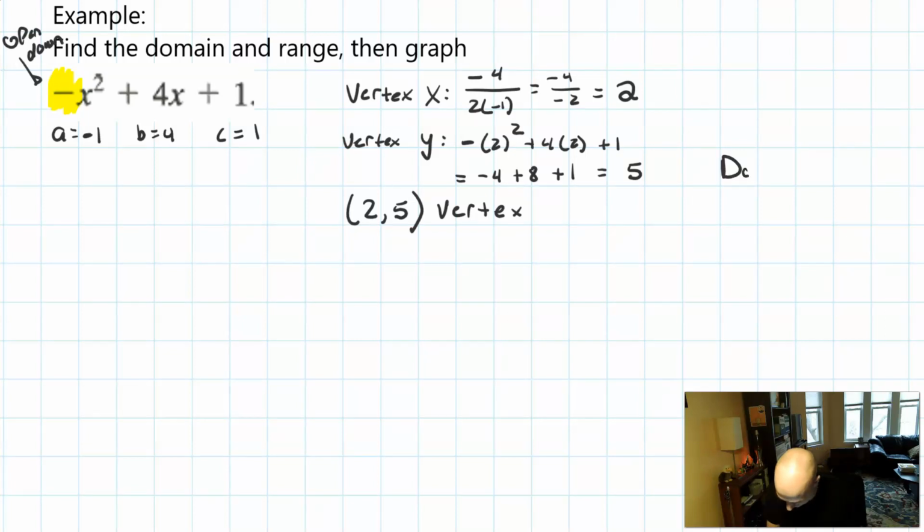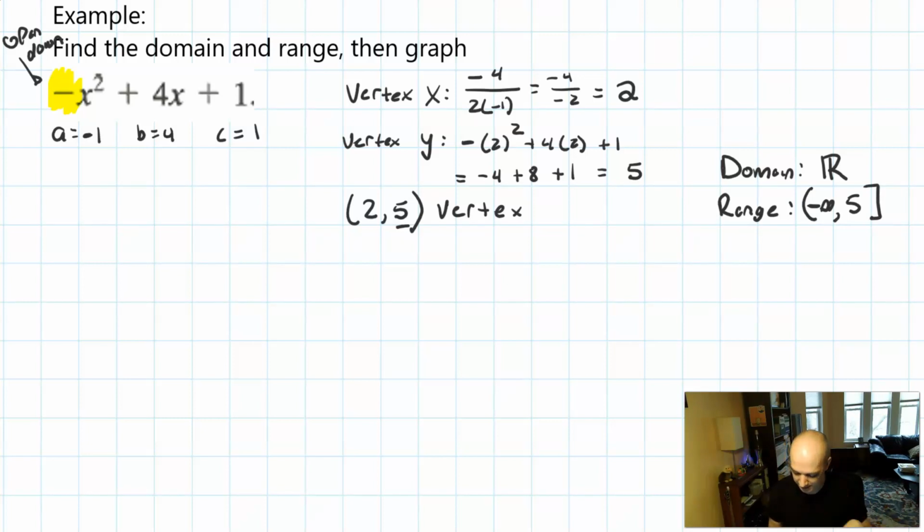So the domain for all polynomials is all real numbers. I'm just using the fancy symbol R for all real numbers. And the range, well, that's the y values, and it's going to start at 5 and then go down to negative infinity. Now, we always write negative infinity first. So the range is going to be negative infinity up to 5, and it touches the vertex, so we use